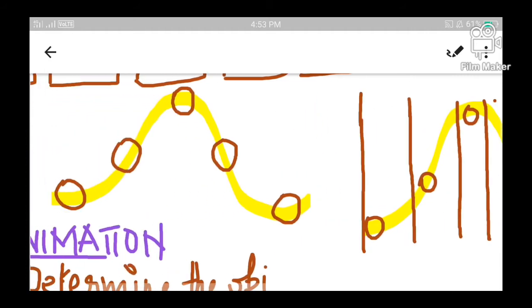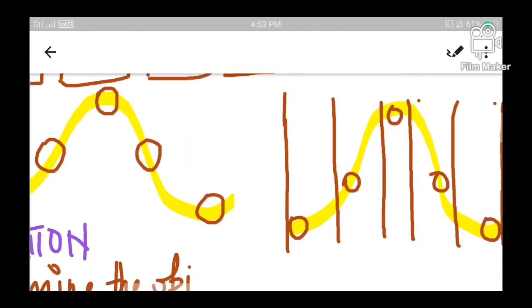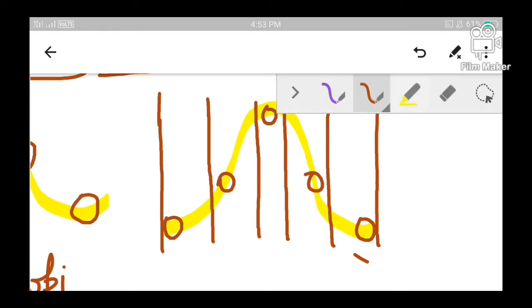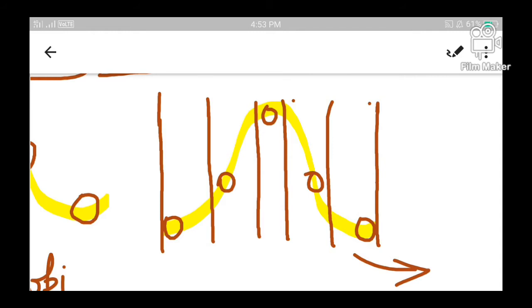So this was the initial scene, and it has now been divided into a number of pieces. Each of these pieces is known as a frame. Altogether we have 5 different frames. What is the peculiarity of these frames? In each frame the position of the ball is different.